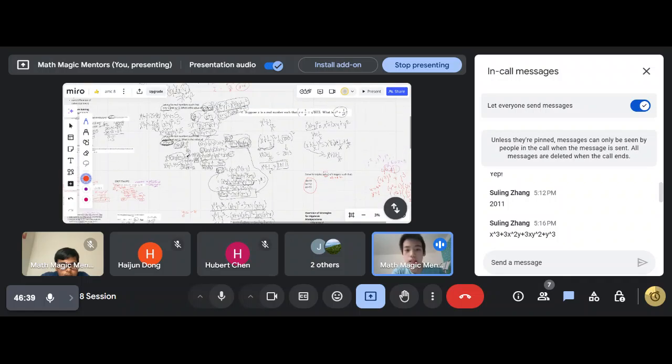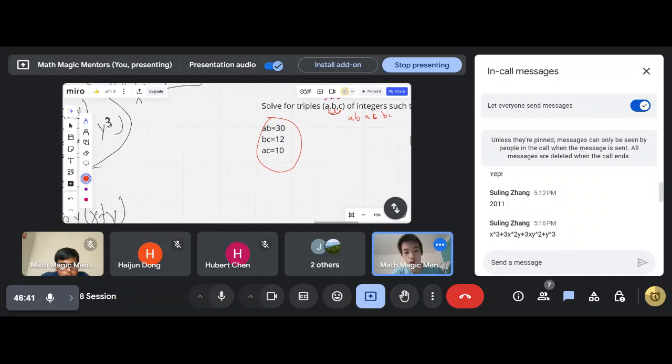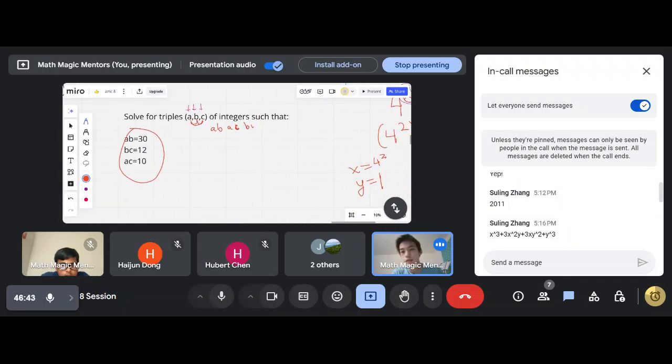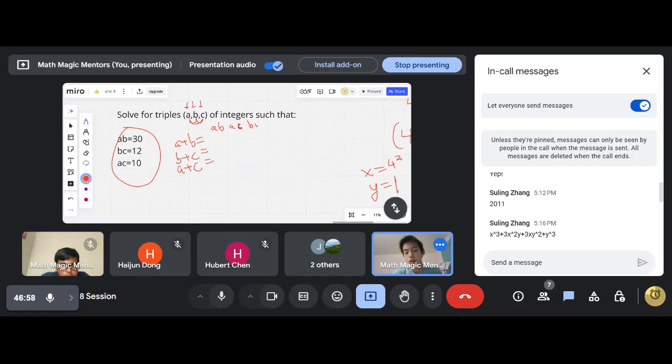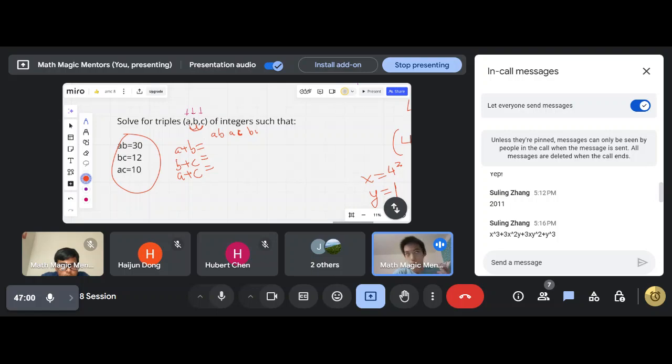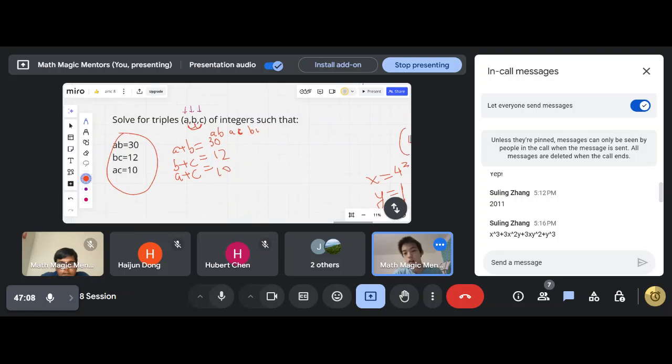I was thinking of a possible problem. I don't know if you guys have done this, but if you have solved something like these, instead of a multiplied by b, which maybe we should have covered as a preliminary example, because this is almost the same thing. If you have a plus b equals 30, like if instead of multiplication you have addition,